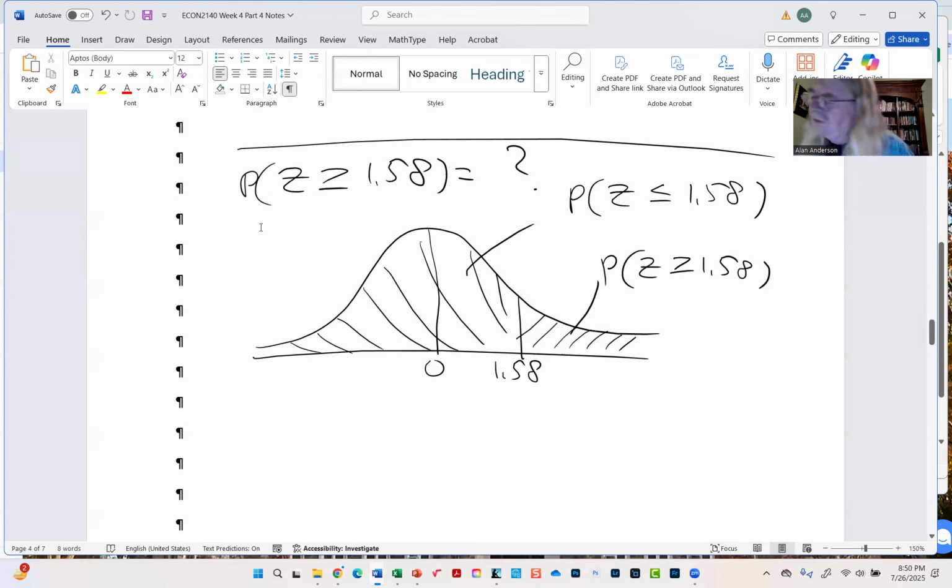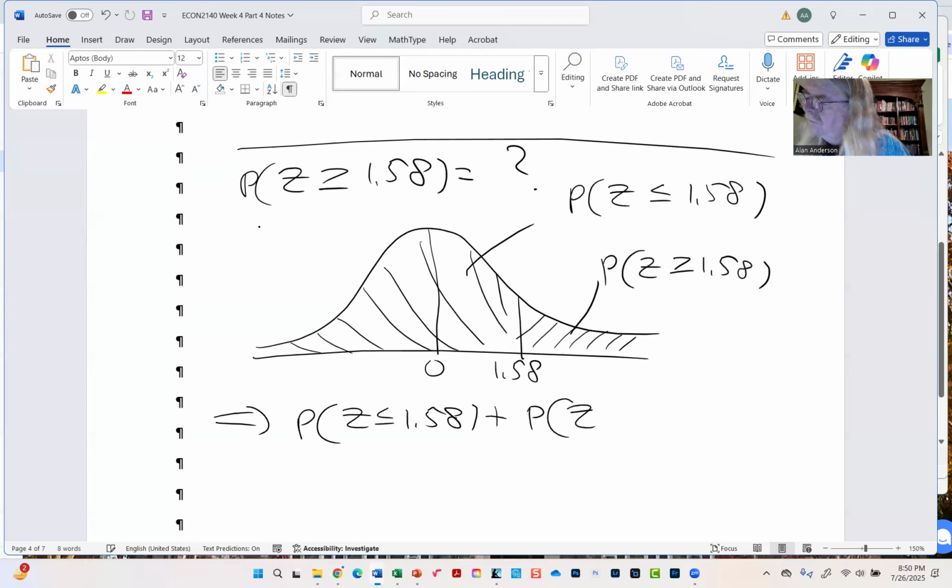So the result of this is that it's important because this is how we're going to find this answer. Algebraically, this is the same thing as